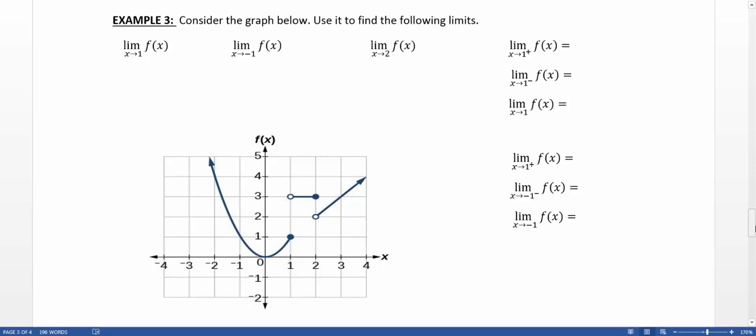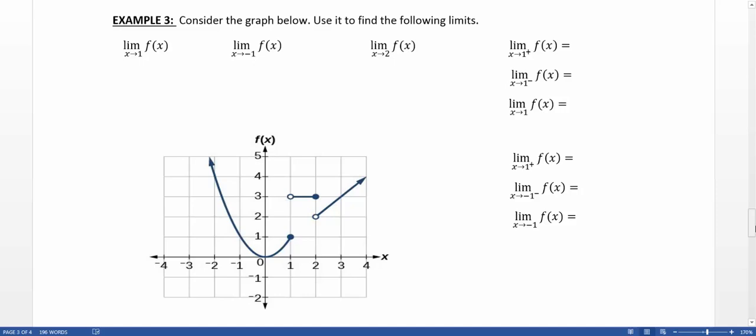Let's take a look at a graph and see if we can do some limits using what we've learned about left and right limits and figuring out when limits exist. So consider the graph of f of x below. This is called a piecewise function because this is defined by different functions for different parts of the graph. We can see that there's some holes and some jumps, so we're going to have to be really careful with